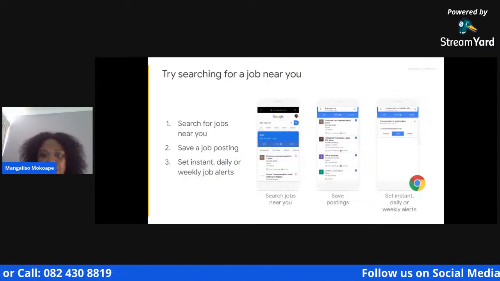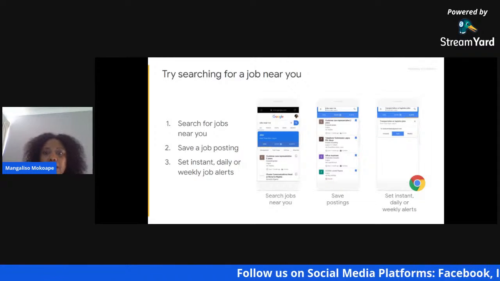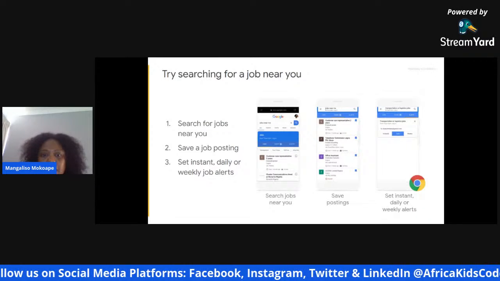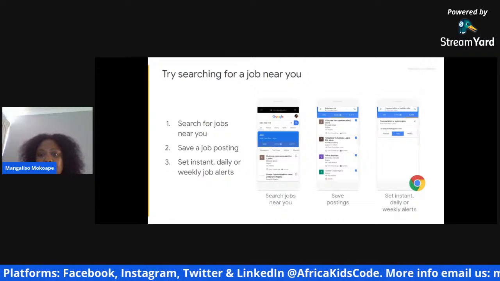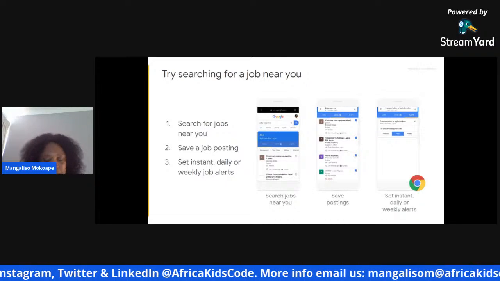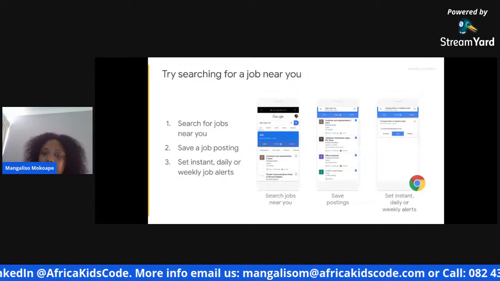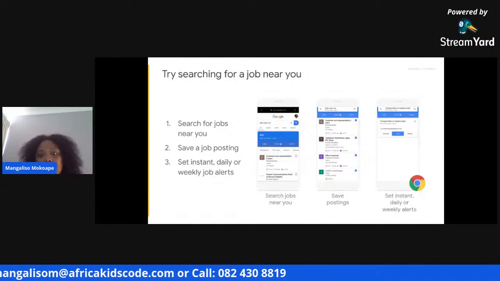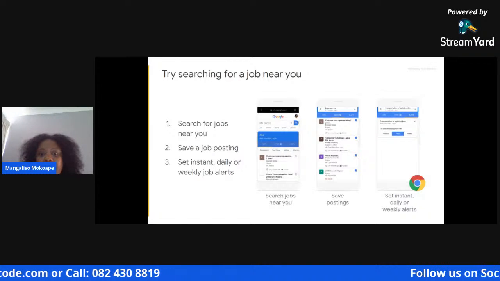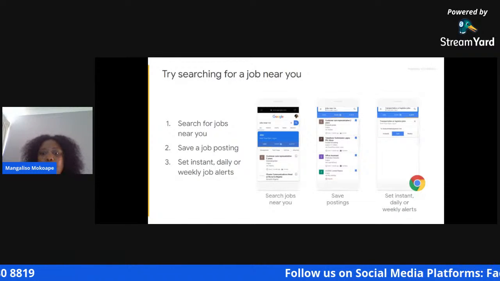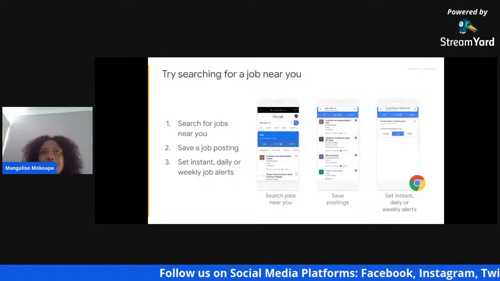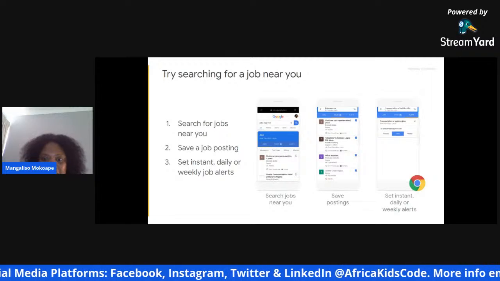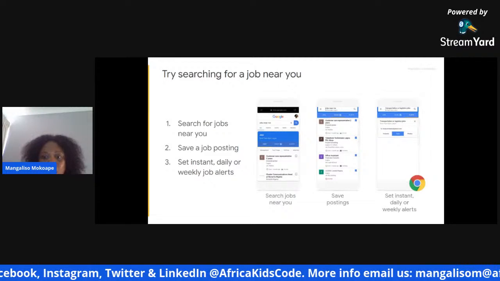What we would need to do in this case is open Google search and type in "jobs near me", then put in some keywords if you are familiar with the type of role you'd like. So let's say you want to be in sales or marketing, you would say "jobs near me", and then put marketing or sales, and then save your post. And then optionally, you would ask to receive similar job posts, whether instantly as they come in, daily, or